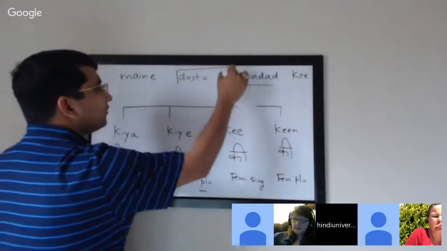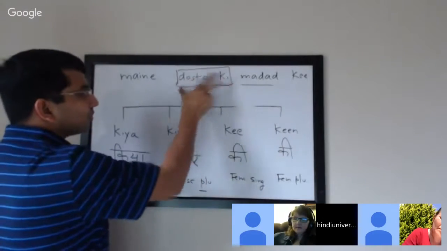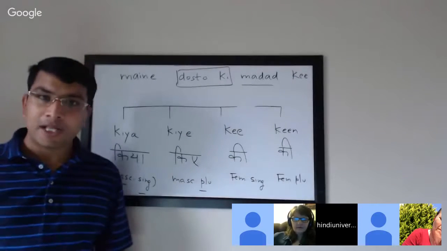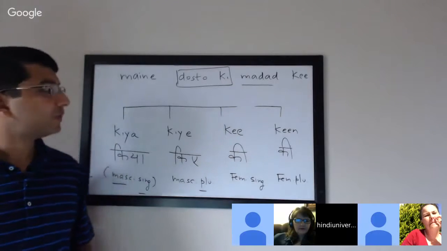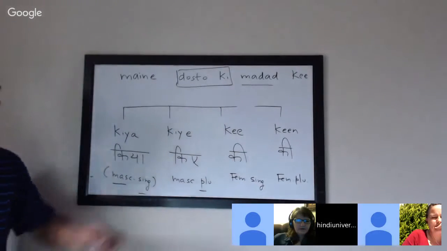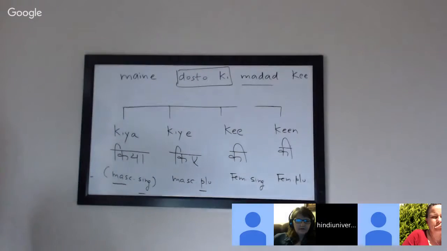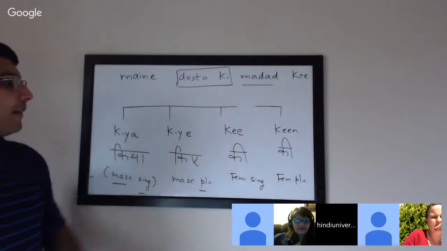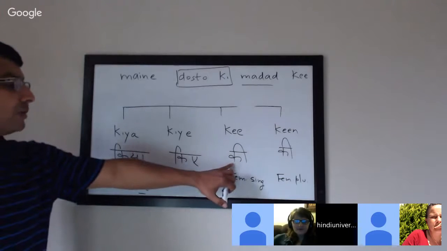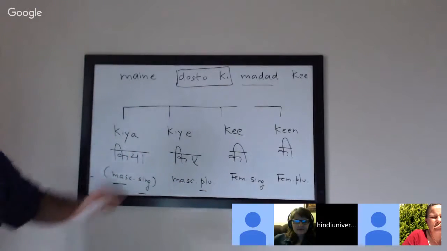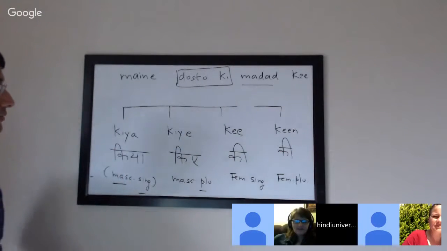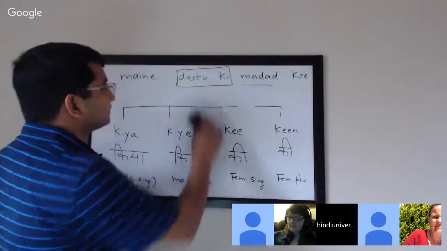Or if you are not comfortable with putting दोस्तों की, you can say मैंने मदद की. I helped. Okay. And the question was, who did you help? आपने किसकी मदद की? Okay. Then you can say मैंने दोस्तों की मदद की with the help of a postposition. Okay. So that's the example of how to use karna in the past tense when the subject or the noun that you have is masculine, feminine, singular.